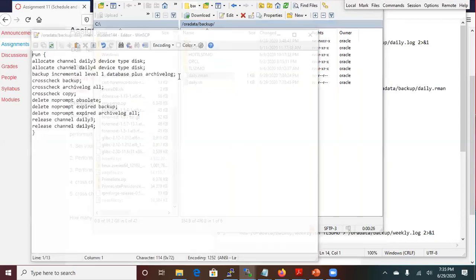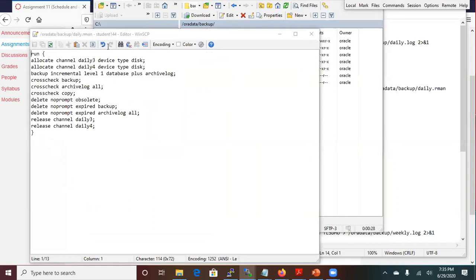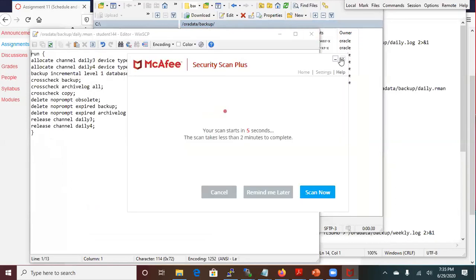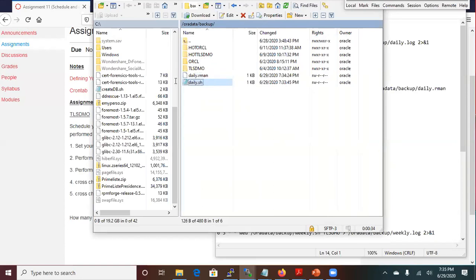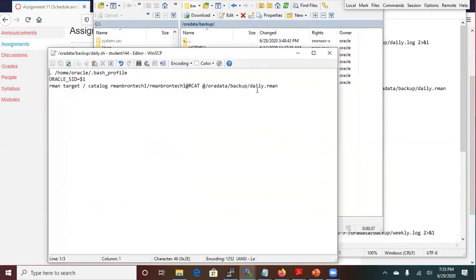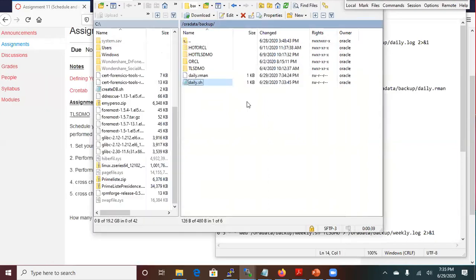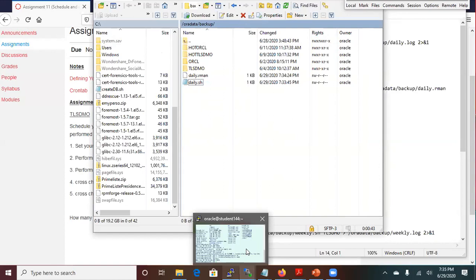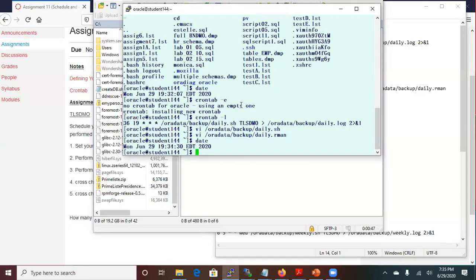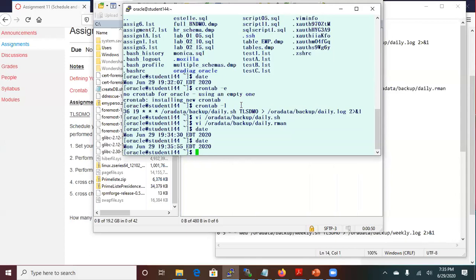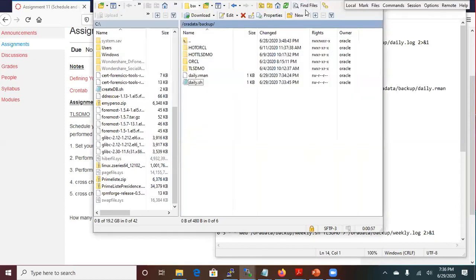When you open our daily.armand, we have our backup, our Armand job. And daily.shell connects to the bash profile and the Oracle SID. So we are going to check the time. You guys can see that the log was not created yet, right? Yes. But now it's there. If I refresh,